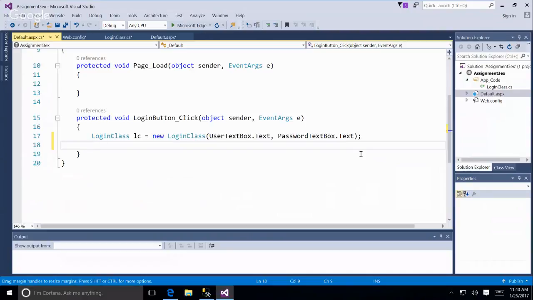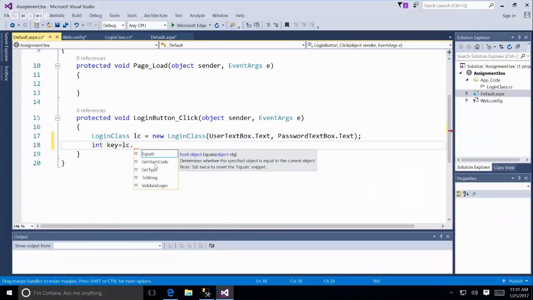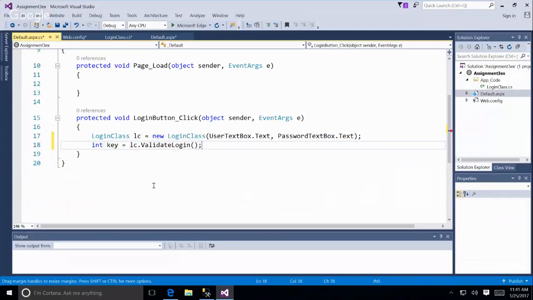So I am going to do int key, and you don't have to name it key, it could be whatever, is going to be lc dot validate login. So basically, we're calling that, we're going to assign the results because it returns an int to a variable. Then we're going to say if key